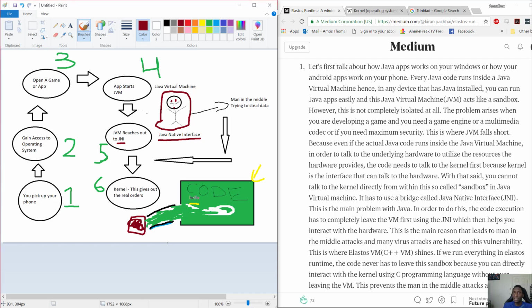So now let's get back to the phone, guys. Let's recap a little bit, so that we have all of the information in our brains, right? You pick up your phone, you gain access to the operating system. You tap an app like Clash of Clans to run it. This then activates the JVM, right? The JVM cannot speak to the kernel to get instructions, so it sends out the JNI, the Java native interface,